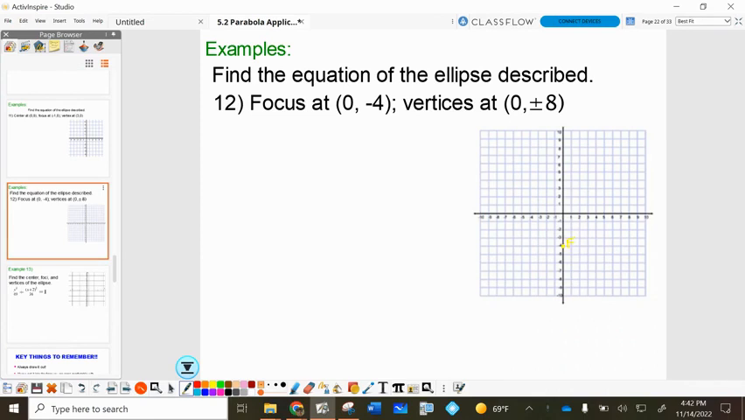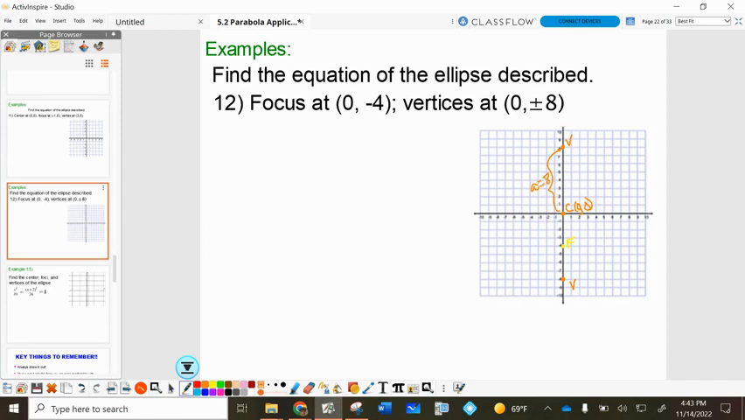Okay, and the vertices are at 0 plus or minus 8. So 0, positive 8 is a vertex, and 0, negative 8 is a vertex. Which means that our center must be at 0, 0, because the center is at the middle of the two vertices. So then we know that our A value